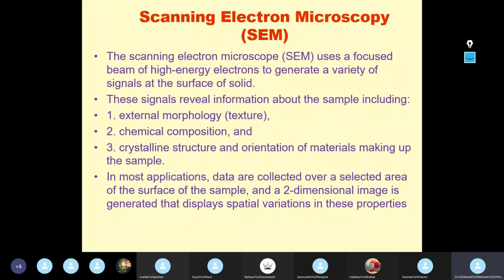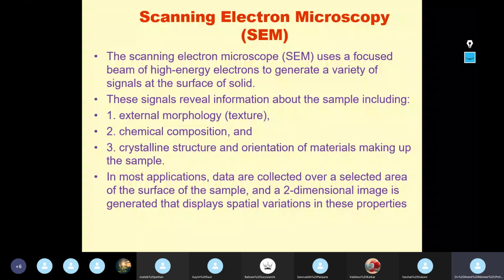Live biological specimen samples also can be visualized in a scanning electron microscope. You can also come to know about the chemical composition using a scanning electron microscope. Not only that, the crystalline structure and orientation of the material can also be studied very easily,